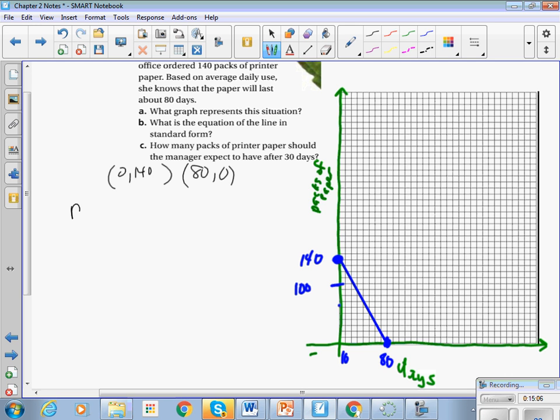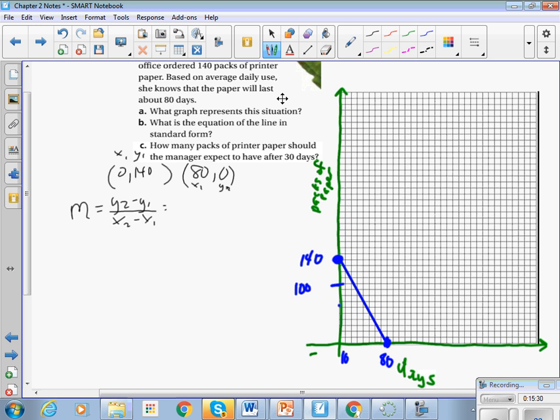So if we remember our slope equation, and if we call out 0 is our x1, 140 is our y1, 80 is our x2, and 0 is our y2,